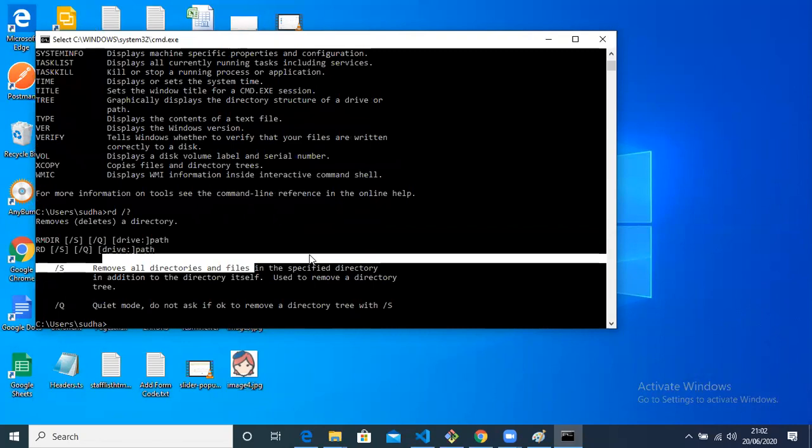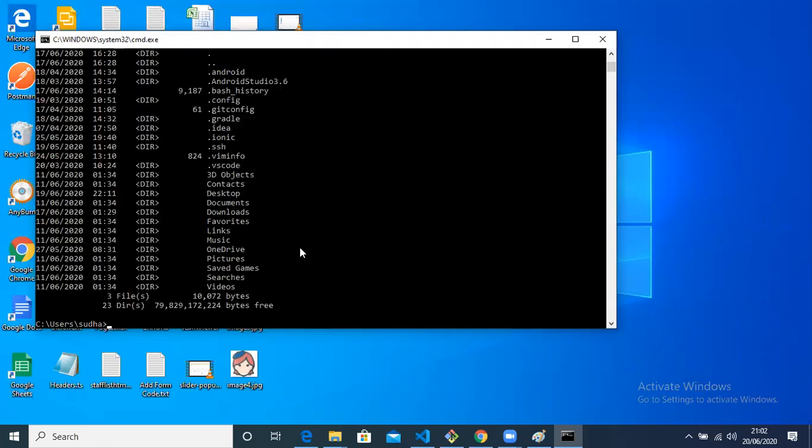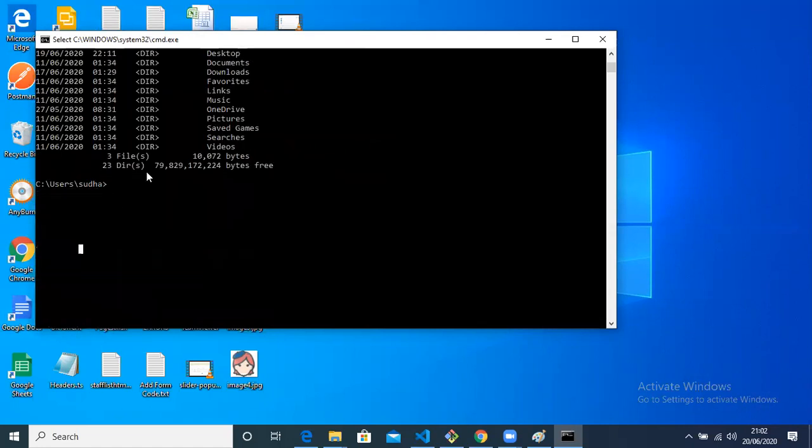One more command we need to understand is dir. It will list all the current directory's files, subfolders and subfolders. If I'm in the Sudha directory, you always need to remember this: where you are is very important.